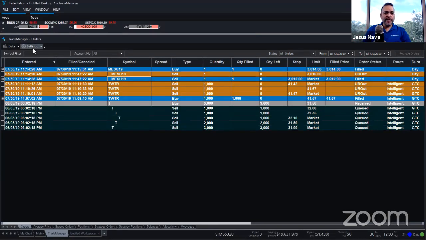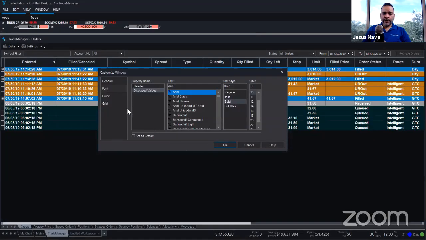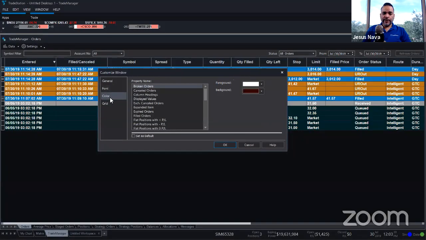So let's go here to the Settings button at the top of the Trade Manager and go to the Window menu. In the Window menu, you have a Color tab right here on the left-hand side, and you can change the color of everything related to the Trade Manager. For example, it says that Brian wants open orders to be orange. So let's say, for example, I go here to, let's see, that would be,